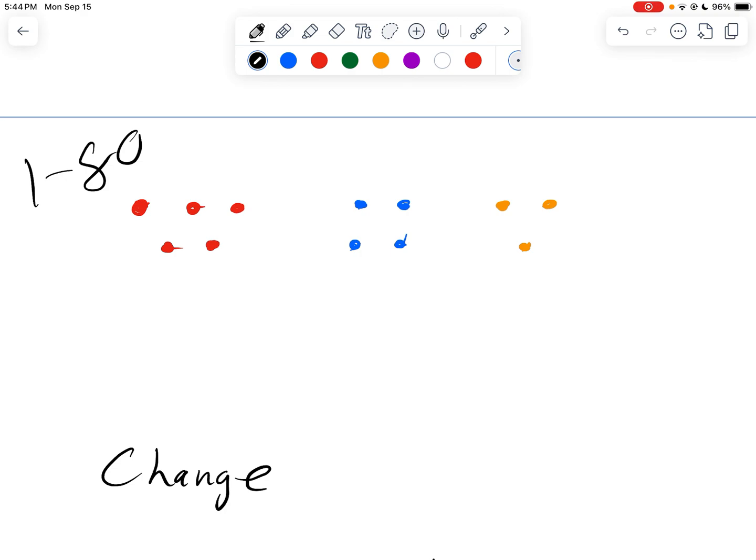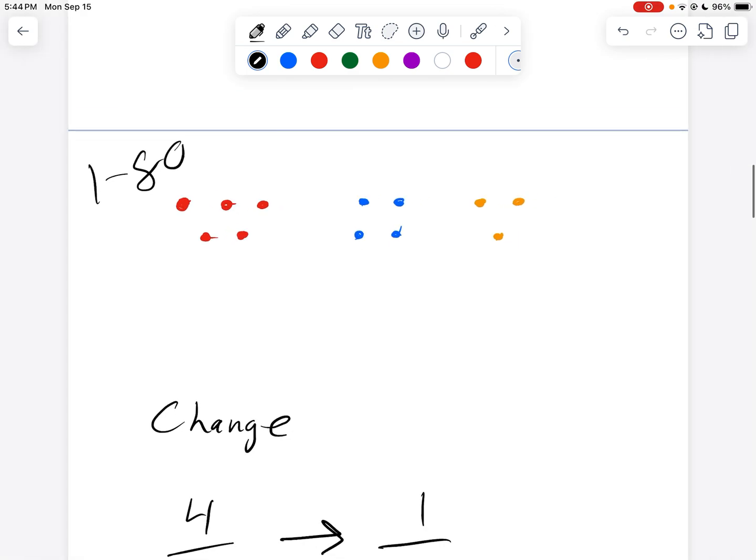What it's saying here is if he randomly chooses one marble to give to a friend, what is the probability that it is blue? What you do have here is 4 over 12. The only thing I would suggest, though, is that you will want to simplify this fraction, because even though they don't specify whether they want percent or fraction, you're going to want to simplify this regardless, because both of these numbers can be divided by 4. 4 divided by 4 on the top gives me 1. 12 divided by 4 on the bottom gives me 3, which is a 1 in 3 chance that you'll